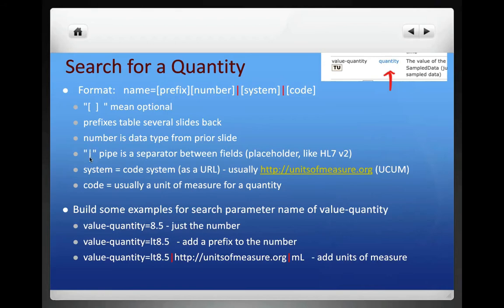As I mentioned, this indicator, I happen to turn them red here just so they would stand out a little bit more. This indicator is a pipe, it's a delimiter, it separates the fields. It's very similar as a placeholder to HL7 version 2, if you're familiar with that. The system is a code system as defined as a URL. In observations, you're going to see this a lot, HTTP,